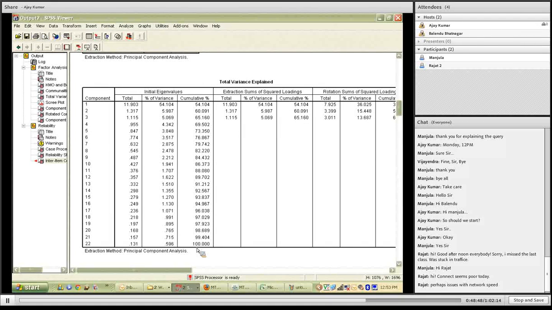So the lesser the number of components that you draw out, the less information you would be extracting. That is precisely what we were discussing: when you have a lesser number of things with you, instead of all the things, you are bound to lose some information, and the name given to information here is variance, right? So now coming down,